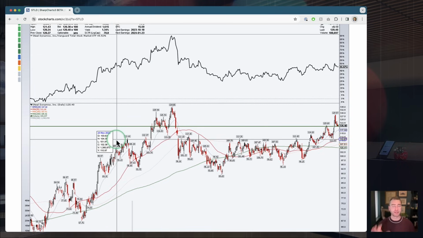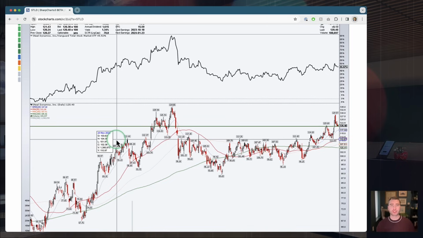Now, I keep a chart list in my account that's got all of my positions in it. That's something I highly recommend that every StockCharts user do. Create a chart list, take all the positions that you have, put those charts into that chart list so that you can very quickly flip through the charts of different positions that you actually have. This is kind of the next step for me. Once I've created that chart list, I've put all the things that I own in that list,